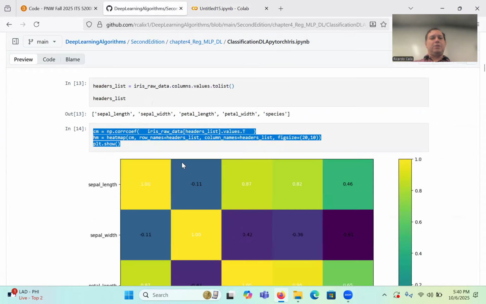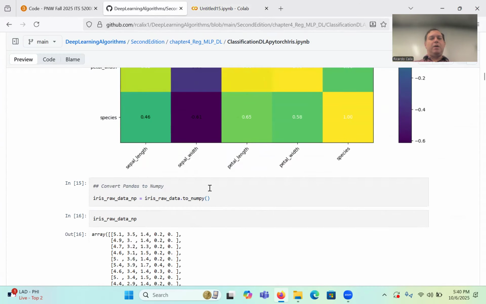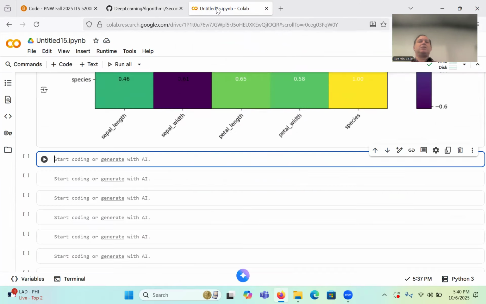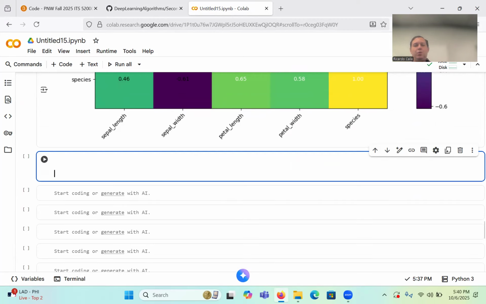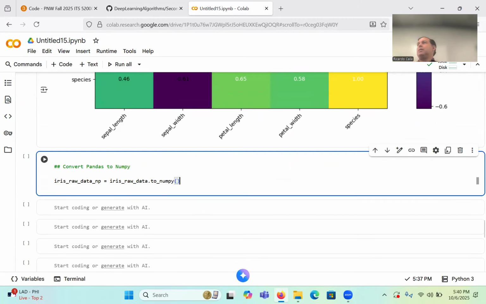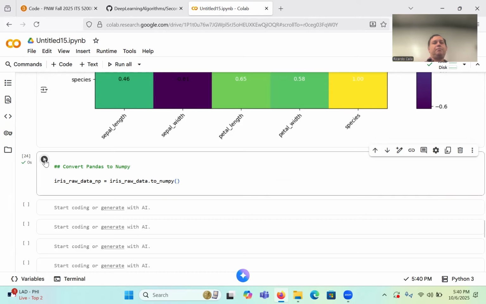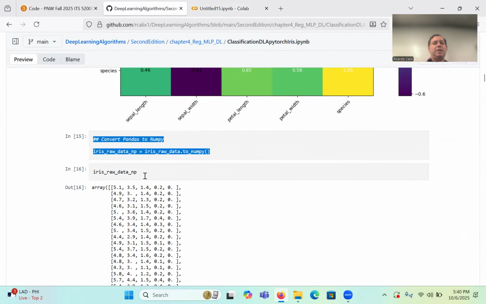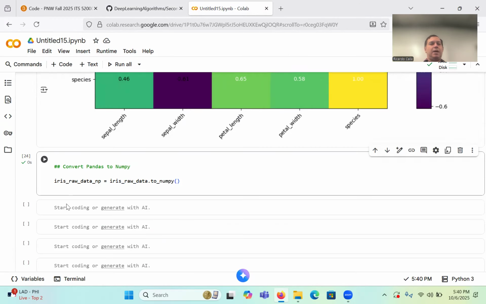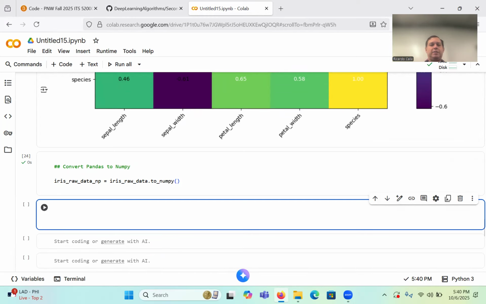Okay. So now we've done this part over here. So now the next step is I'm done with pandas. So I'm going to convert this into a NumPy array. All right. So now the pandas data frame to NumPy to create iris raw data NP. You can see that's done there. And now I can just print the NumPy array. And I usually do this. I don't go directly to